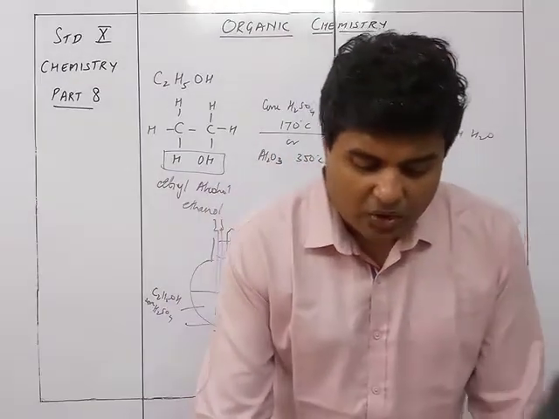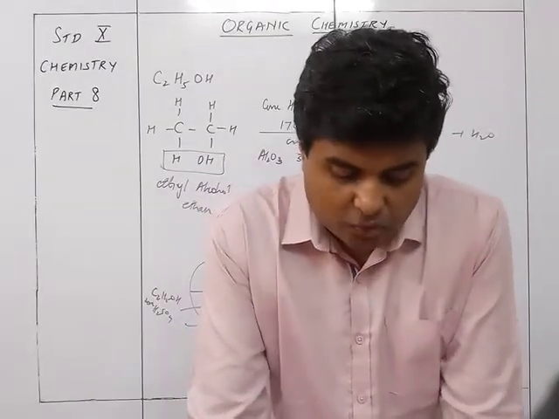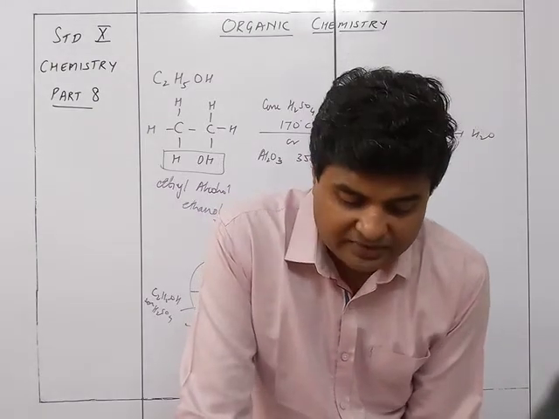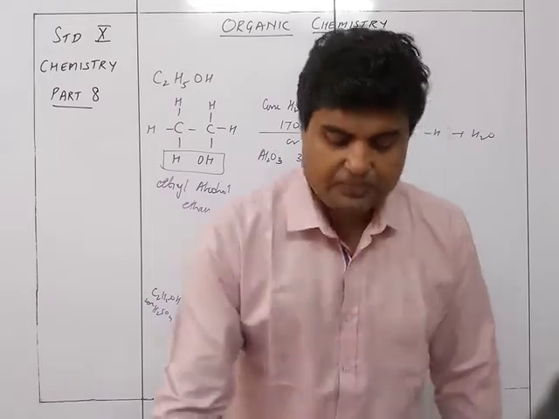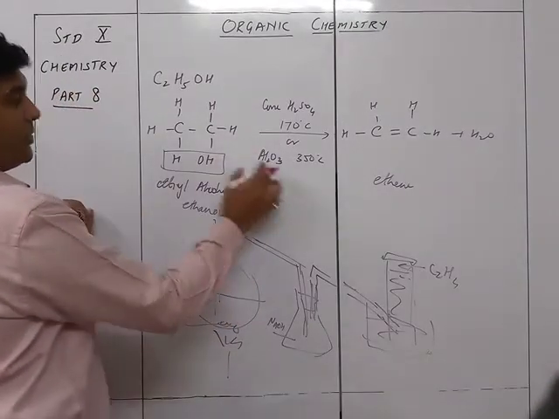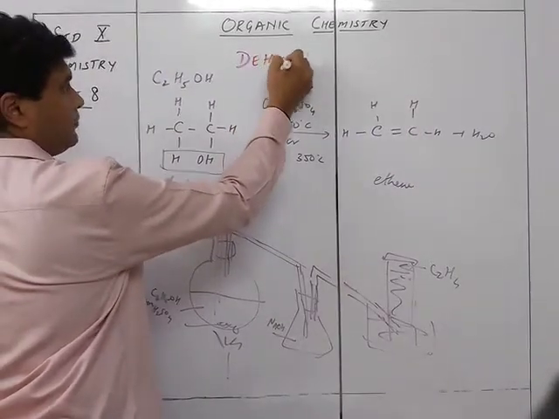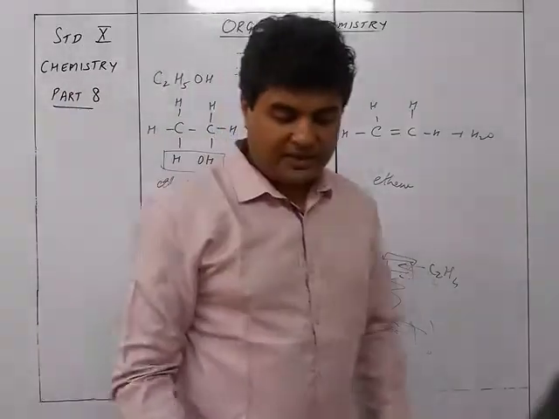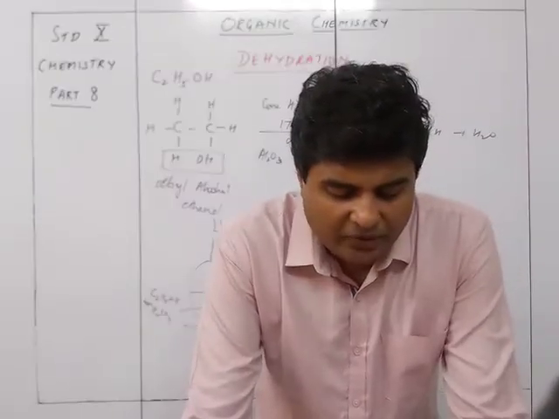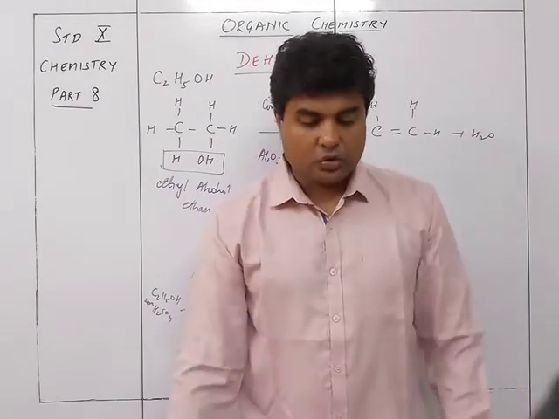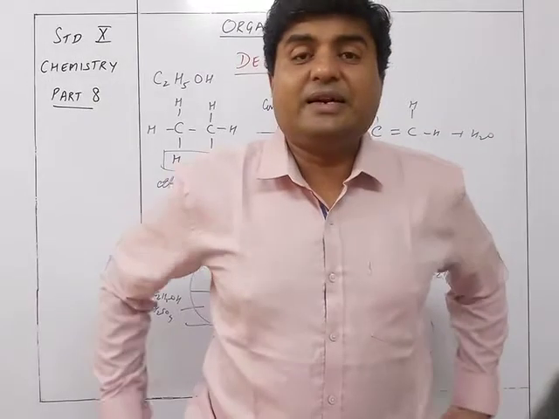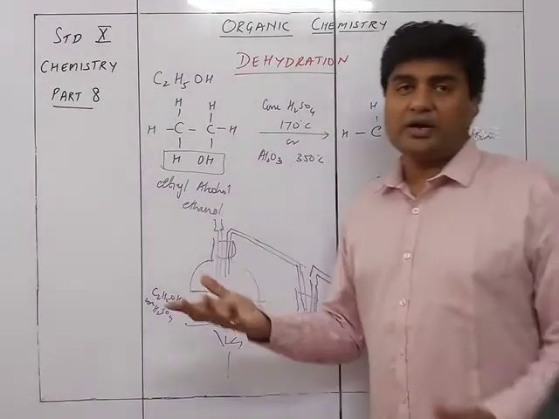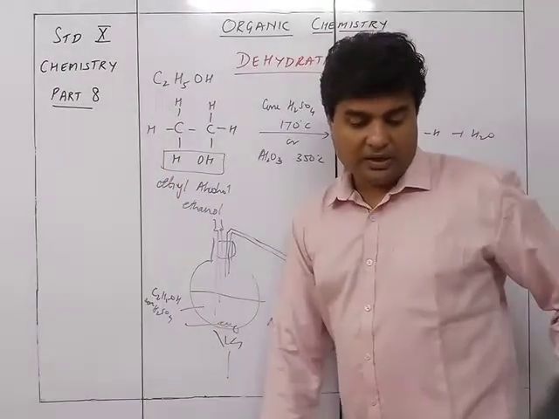You can see ethyl alcohol, 1 volume, with concentrated sulfuric acid, 2 volumes, at 170 degrees Celsius, or ethyl alcohol vapors with alumina, Al2O3, at 350 degrees Celsius. That is dehydration. You are removing water from here, which is why it is called dehydration. The alcohol is dehydrated to give you ethene. Dehydration involves elimination of the elements of water from alcohol. Concentrated sulfuric acid and Al2O3 act as dehydrating agents. We know very well that concentrated sulfuric acid is a dehydrating agent, so here also it does the work of dehydrating this into an alkene.